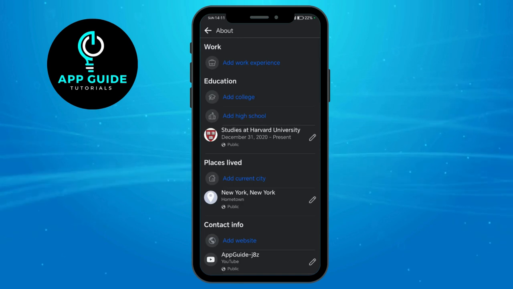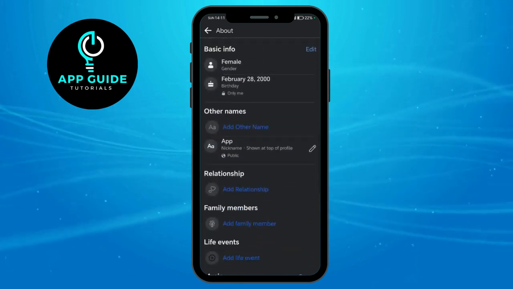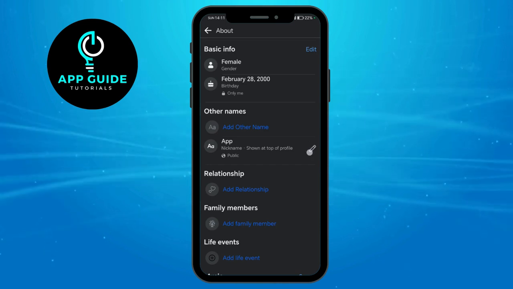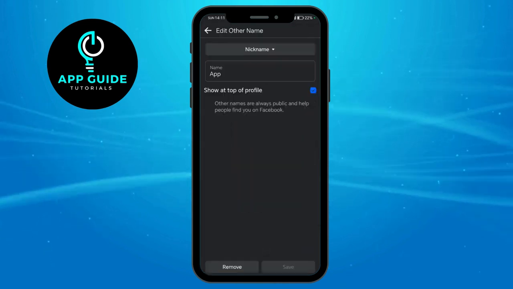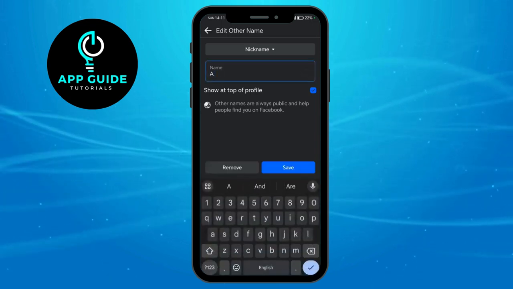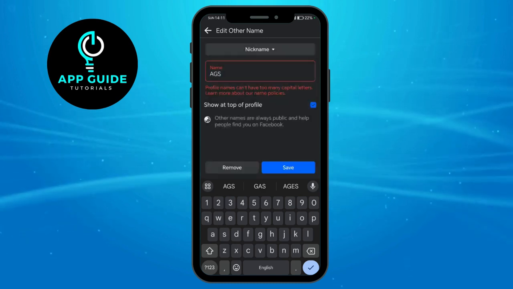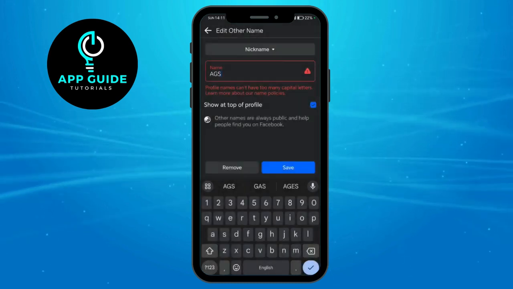So if you can see it as well, you can just head over to the About option. But after you see right here, it's under the other name, and then click on this pencil icon, click on this edit name, and we can actually change that. So for example, let's put in here AGS, which is our acronym. Click on save right here, and then click on OK